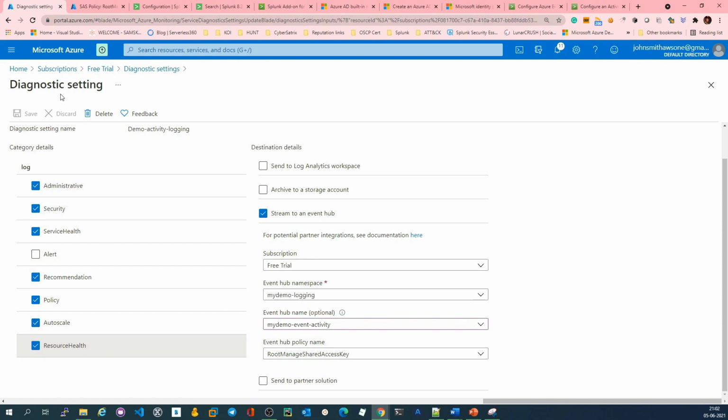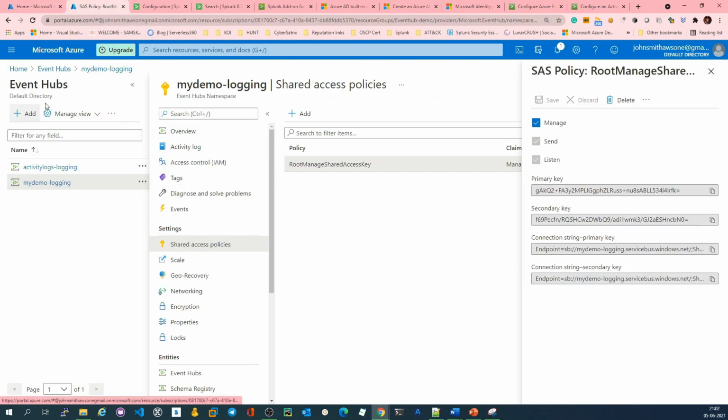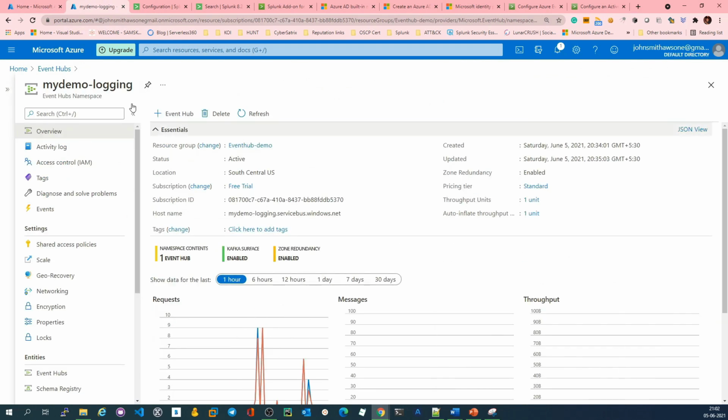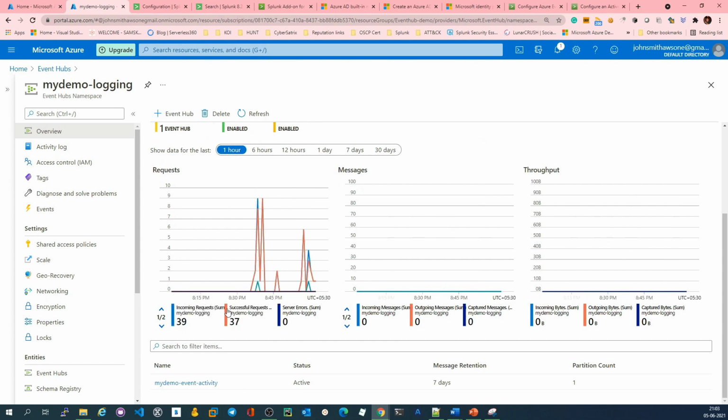Okay, fine, great. So now we have our Azure Event Hub created, we have our Azure app created and configured, we have our Splunk created and configured. Now we have enabled the logs also. So now quickly we can go to the Event Hub, and let me make it full screen. In the overview section, you have some dashboard, right? Here, as of now I have 39 incoming requests and there are no outgoing messages yet, right? So we don't have the data going yet. Let us wait for some time. It should be throwing data into the Splunk in some time.